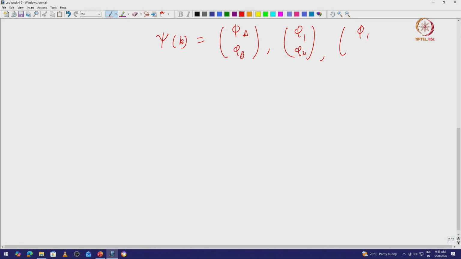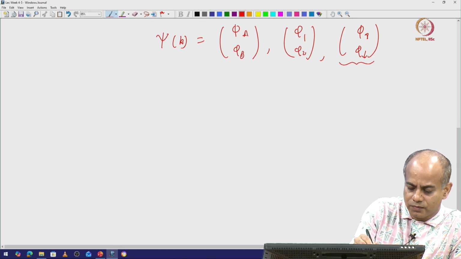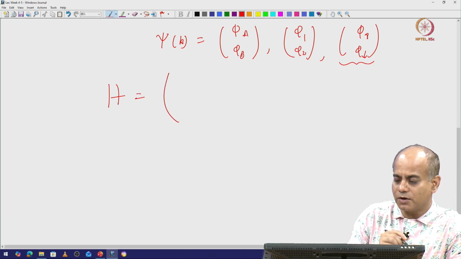Sometimes also phi up, phi down, in which case it would mean either the real spin or some pseudo spin. I will try to avoid this for the time being. If that is the case, then a generic 2x2 Hamiltonian can be written in terms of